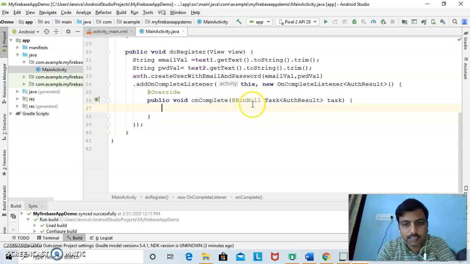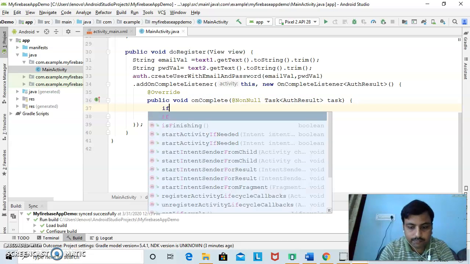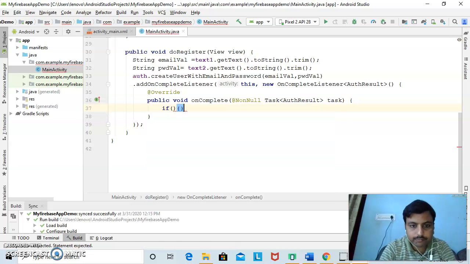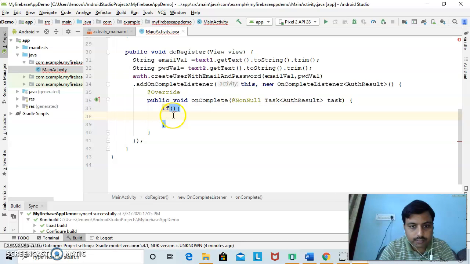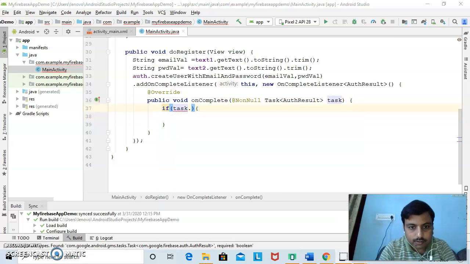So if the task is successful, that means the user is created, and if the task is not successful, that means the user is not created. So we will check here if task dot isSuccessful, that means the user is created.